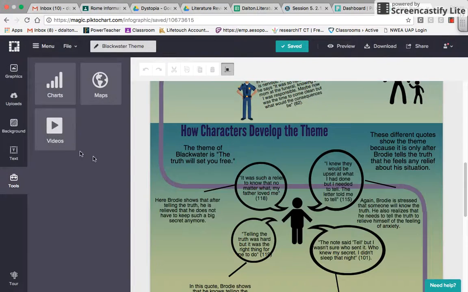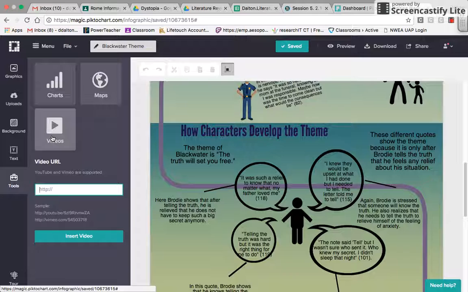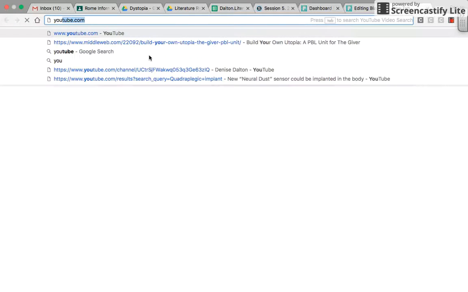Also, I forgot to add this, you can add videos, right? This is just like slideshow. You can add videos on YouTube. You just go to YouTube, find your video, and insert it. So